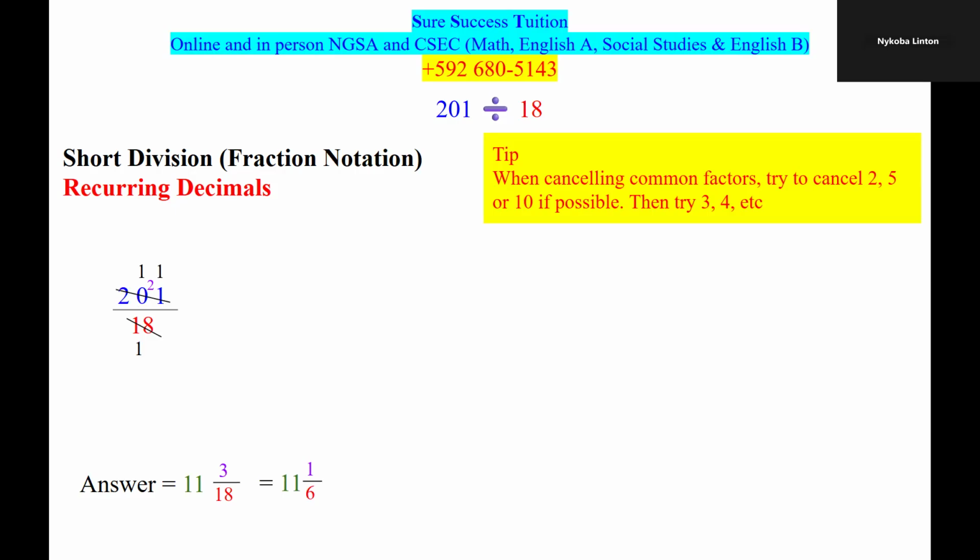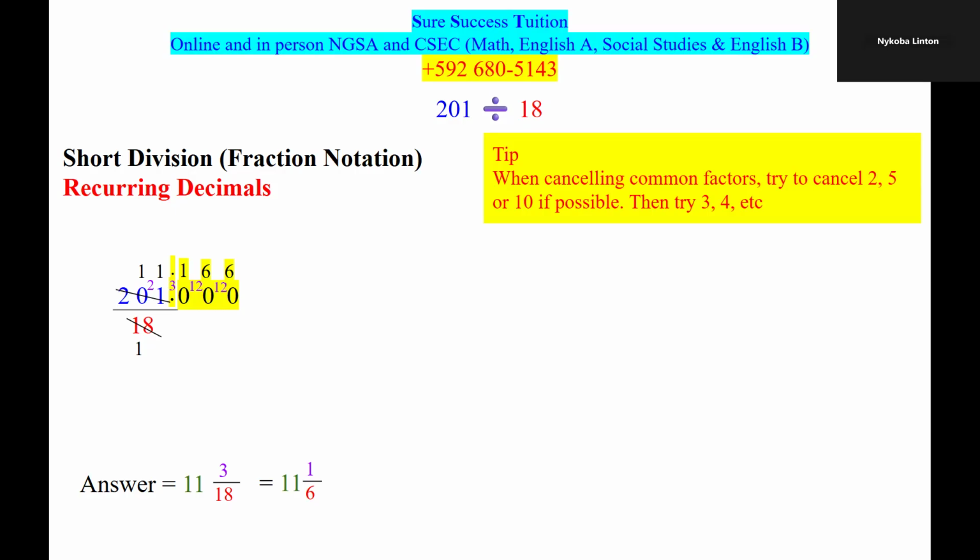Let's take it a step further. Let's get the decimal form. Put our decimal points. Place a few zeros. Carry the remainder here. 18 into 30. 1. How much would remain? 12. So now it's 18 into 120. That would be 6. How much would remain? 12 again. 18 into 120, 6. So like the previous example, we continuously would be having 6, 6, 6, 6, 6 recurring,